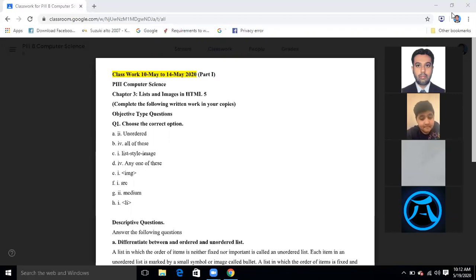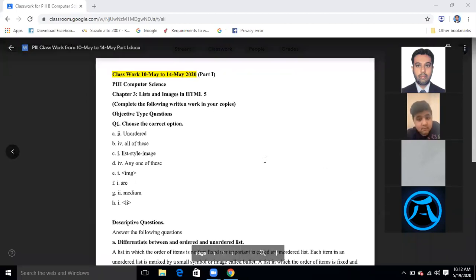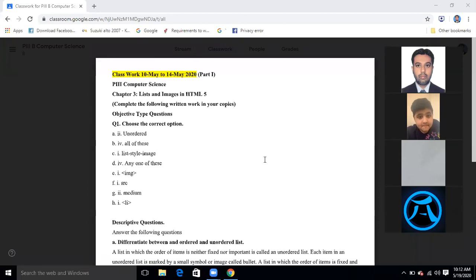All the students should lower the hand. Please lower the hand. Just raise the hand those who have done this written work in their copies. Those who are saying that they have completed their work in their copies, whatever I am giving to them. Because some written work of this chapter is still remaining and I am going to accomplish that work, and I will give you that work. Okay, fine, thank you, lower the hand now.